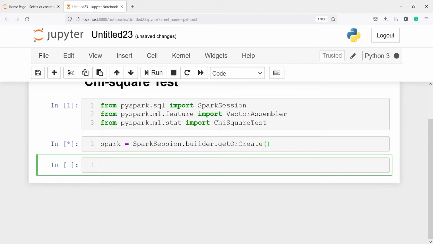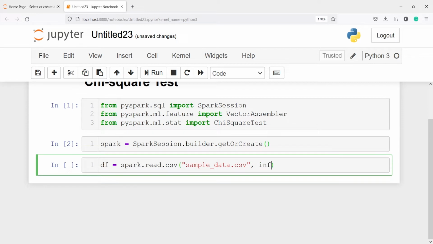Now I'm going to load the CSV file and save it in a variable. I'll make one variable df. I will call this Spark session spark. From this I will call the method read.csv. And inside this I will pass my CSV file name. So my CSV file name is sampledata.csv, and I'll pass two parameters.